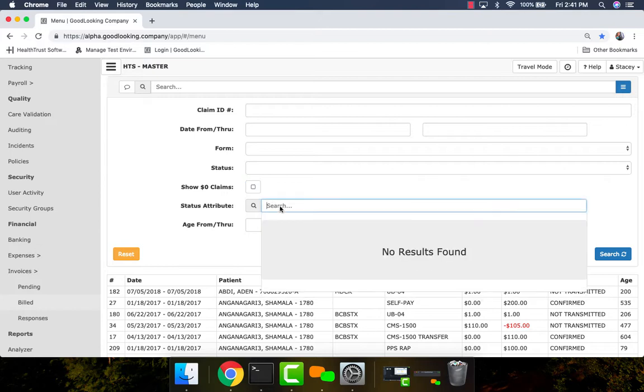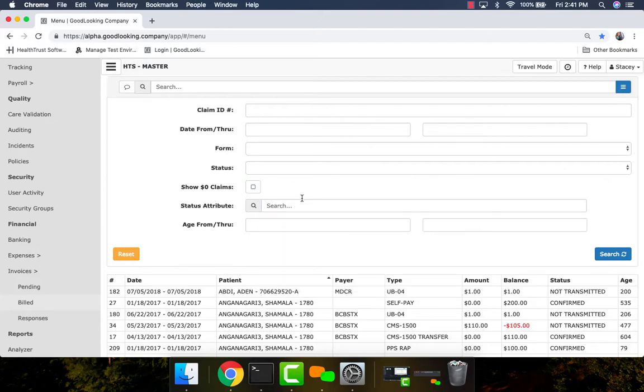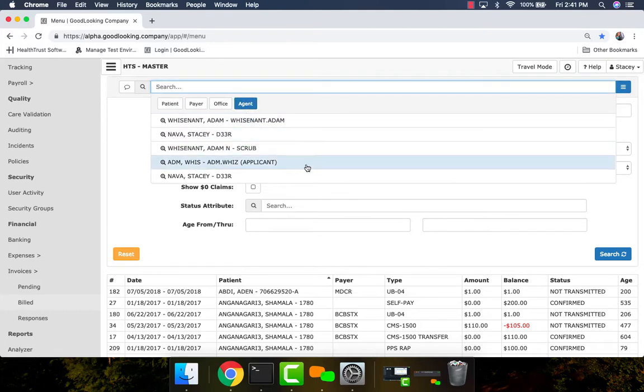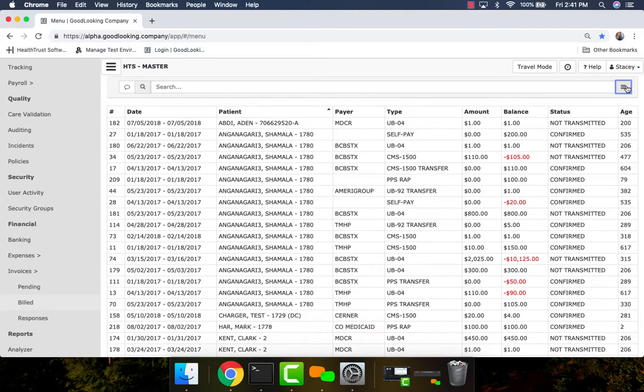But you could filter by your claim attribute. You could filter by the age of your accounts receivables. You could filter by your collector, who the claim is assigned to. And then one of the other nice things is that as you're calling on claims, let's say like all these ones for Shamala,